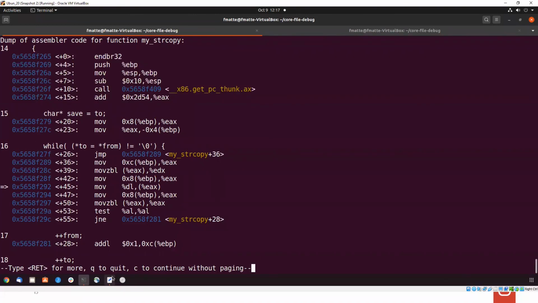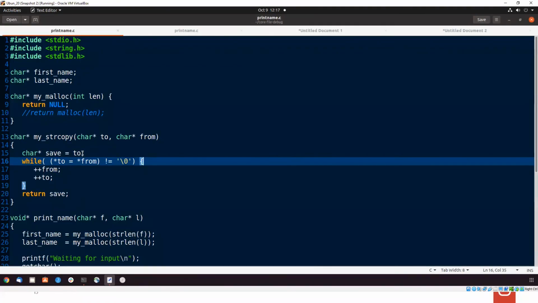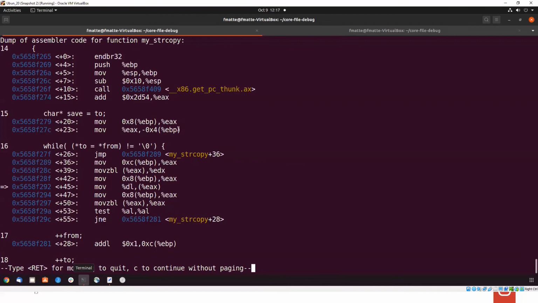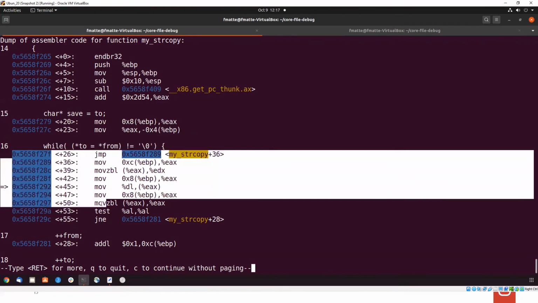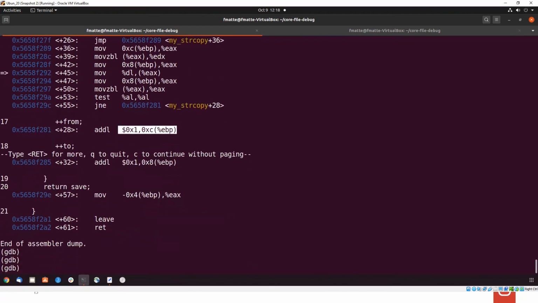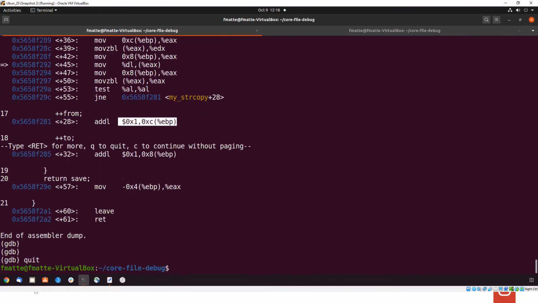Then the first instruction in the method, you have a char star, some value here, save is equal to 2, which is mapped to this. You can understand that the first parameter, EBP plus 8, is copied to EAX, and then some adjustment happens. Then the loop is executed in this instruction and this code, and inside the loop you have ++4, which is some addition to your base pointer plus 06 location. Like that you can map and understand. This is just for you to experiment if you want to.